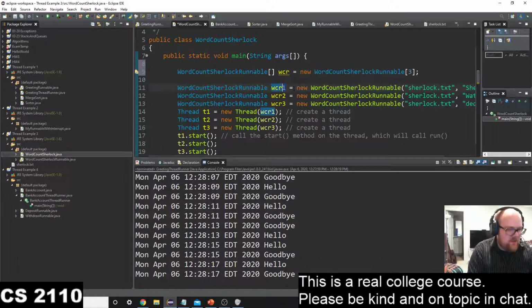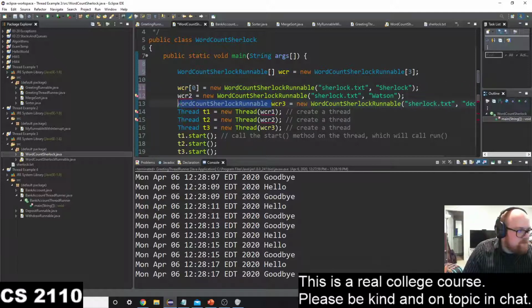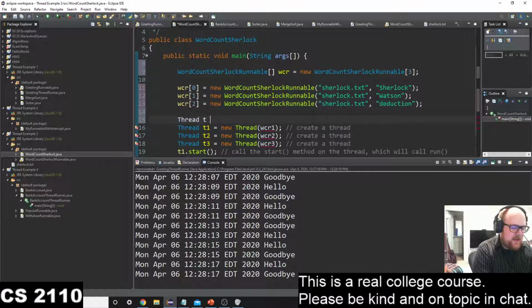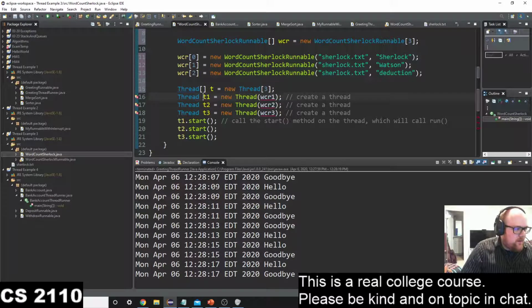And then instead of WCR1, I do WCR0, and WCR1 and WCR2, because I can make an array of this runnable object, same as anything. I could then make an array of threads. Thread array T equals new Thread array size 3. And then instead of creating a new thread, I say thread T0 equals new thread, T1,